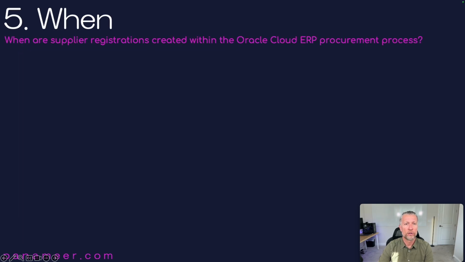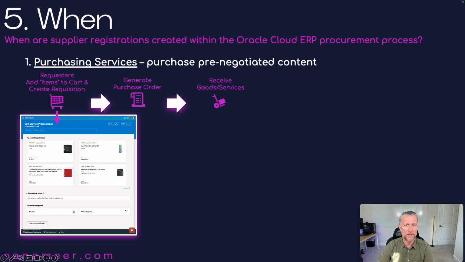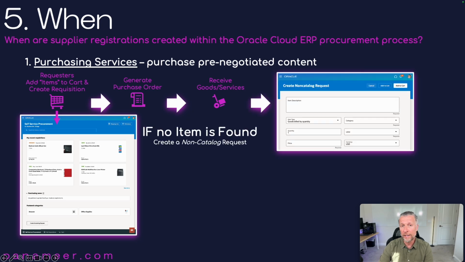Okay, slide 5. When are supplier registrations created within the Oracle Cloud ERP procurement process? So let's go through that process quickly. There is the purchase of pre-negotiated content, so request from a catalog, create an order, receive goods at desk or dock. Then if the requester can't find pre-negotiated content, they may use the non-catalog request form to order